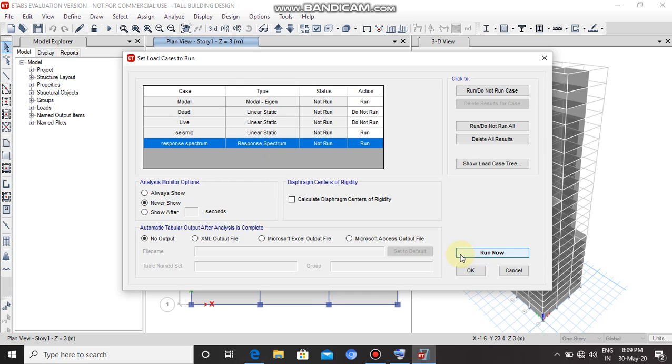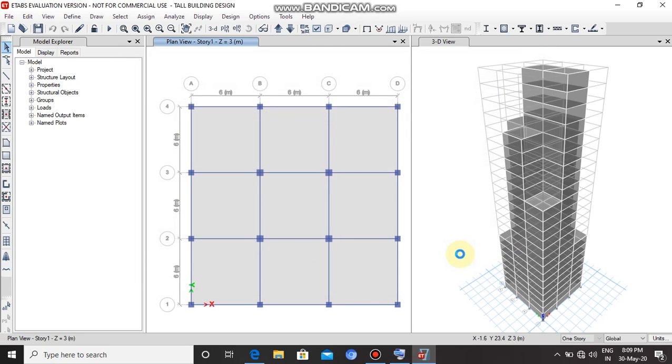Now, click on run now to run the analysis on the building model. Wait for some time as the software runs the analysis of the building model. It will take some time.